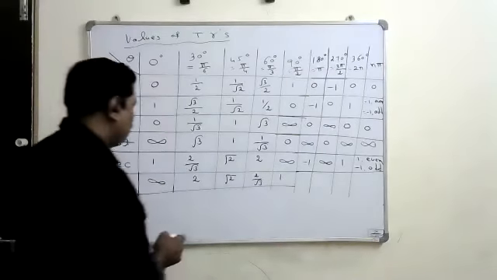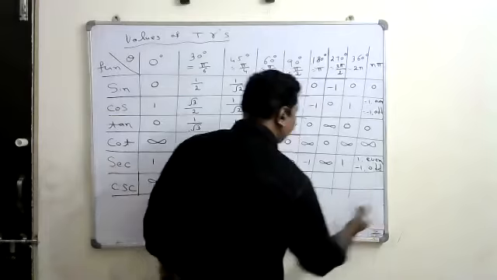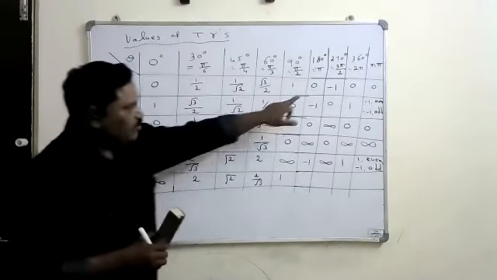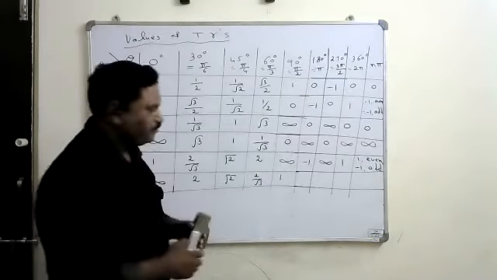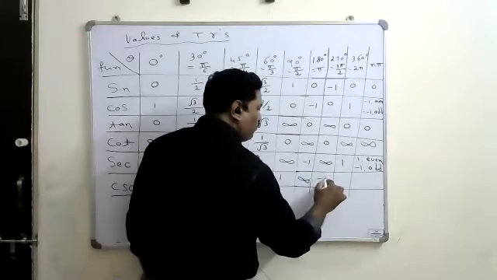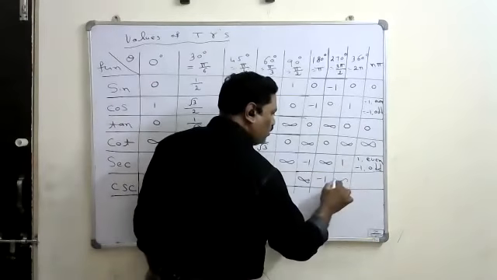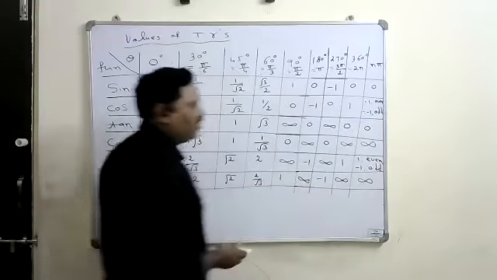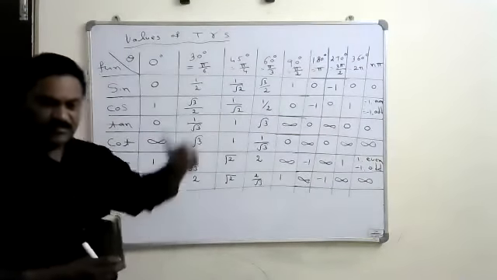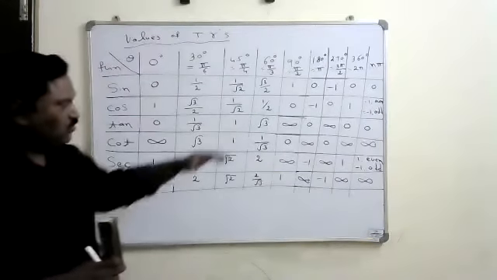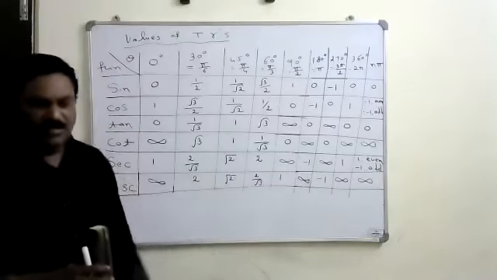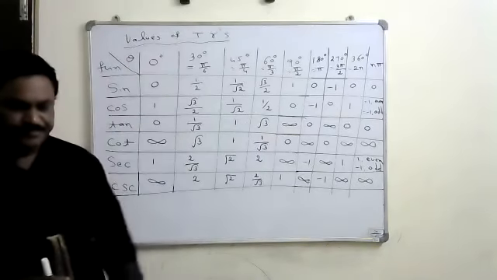Okay. Similarly, if you come to the cosecant, which is the reciprocal of sine, here 0 is there and the reciprocal of 0 is not defined. The reciprocal of minus 1 is minus 1, the reciprocal of 0 is not defined, and so on. Okay. So these values also we have to remember, at least for sin, cos, tan. If you remember sin and cos, the remaining values you can write easily. At least remember for sin and cos.